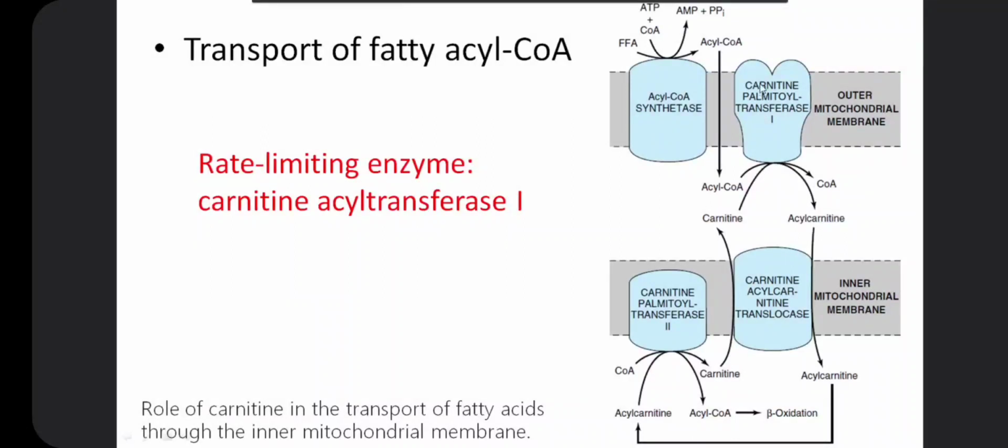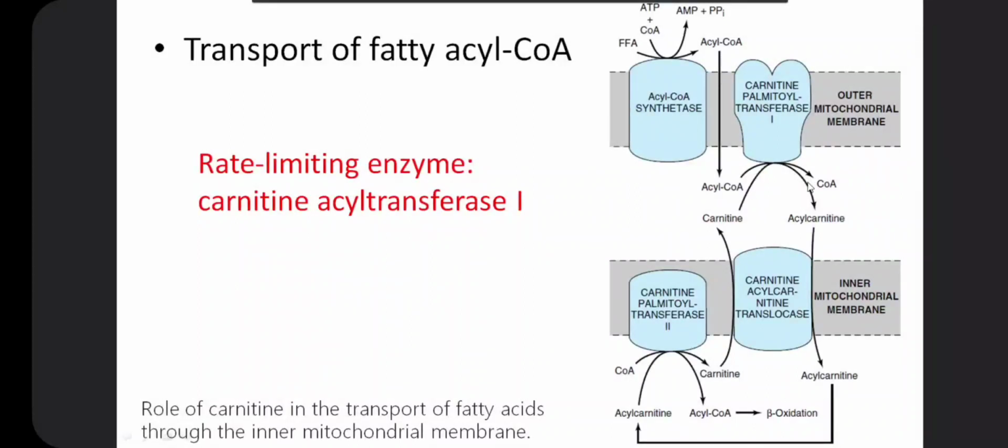This reaction is catalyzed by carnitine palmitoyl transferase 1, and this enzyme is located in the outer mitochondrial membrane,